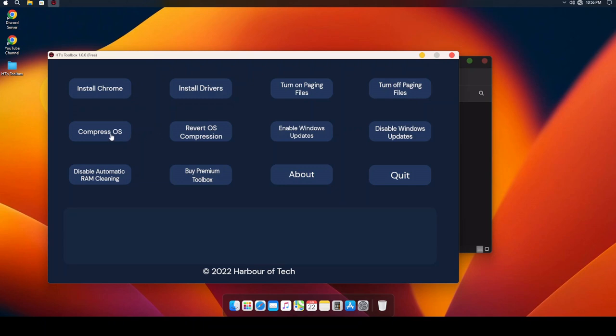The reason why is because the way Windows, the way Microsoft reads the data on the disk, is it has to decompress it first before it reads it, and then once it's done reading it, it will recompress the data. So that means it's continuously going to uncompress, recompress, uncompress, recompress every time it needs to read something. So if you have a lot of data on your disk that you use for gaming, and you compress the operating system itself, the OS is just going to continuously decompress itself